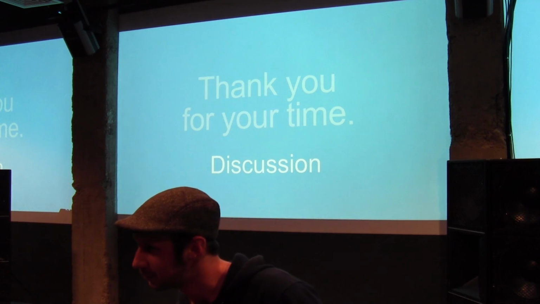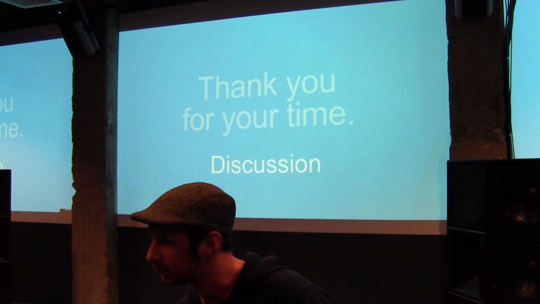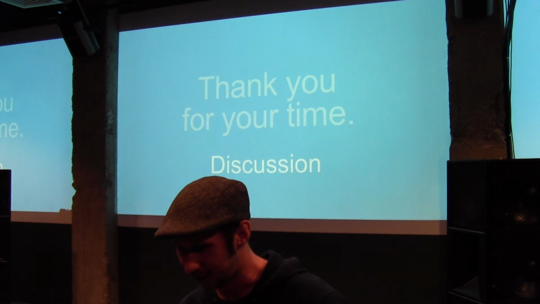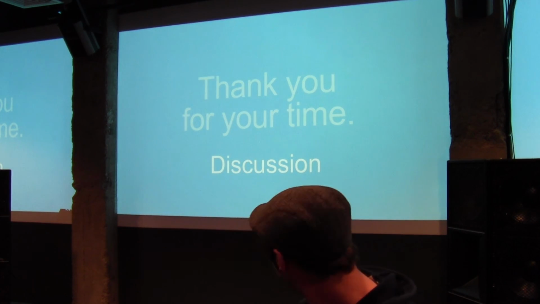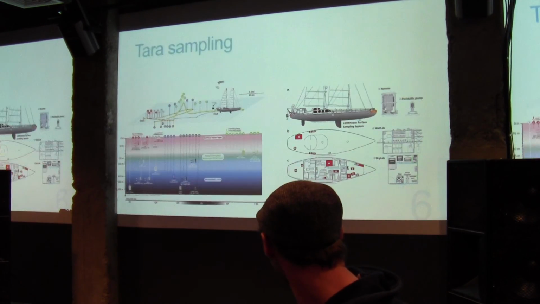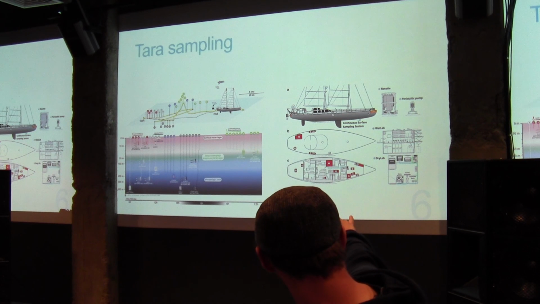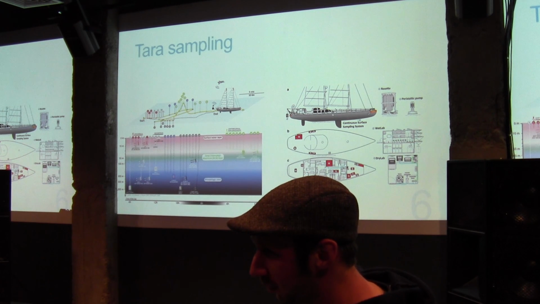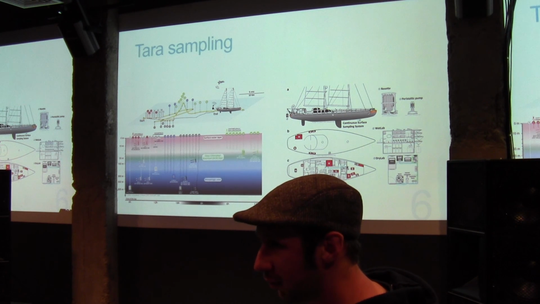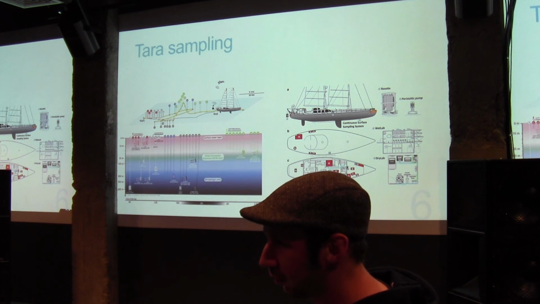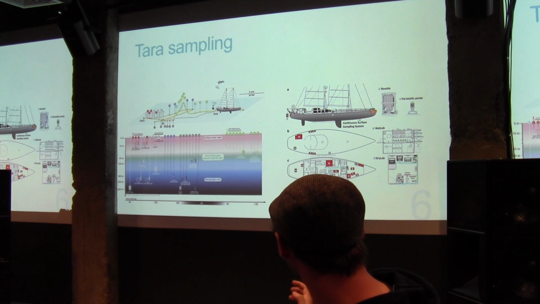Did they have a sequencing machine on board on Tara? Oh, you know this? Actually, I think they don't. But they have a dry lab, and I think they are freezing the samples. I heard a talk about how they do it. So they freeze them down, and they have certain protocols to assure that the quality is good. But they don't have a sequencer.